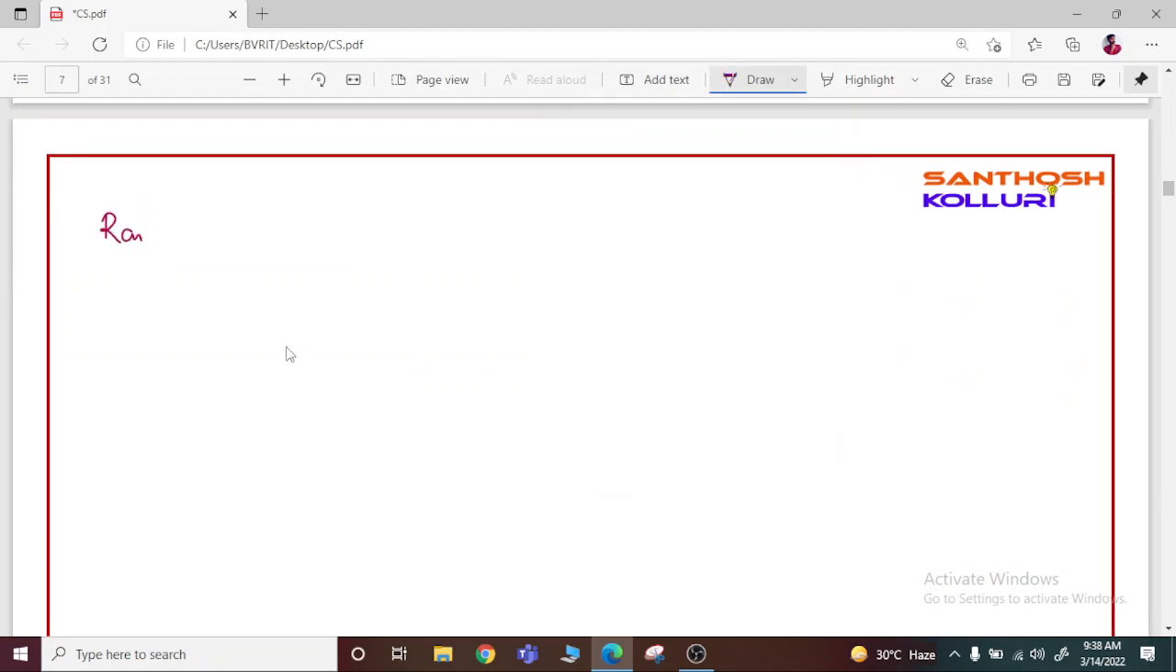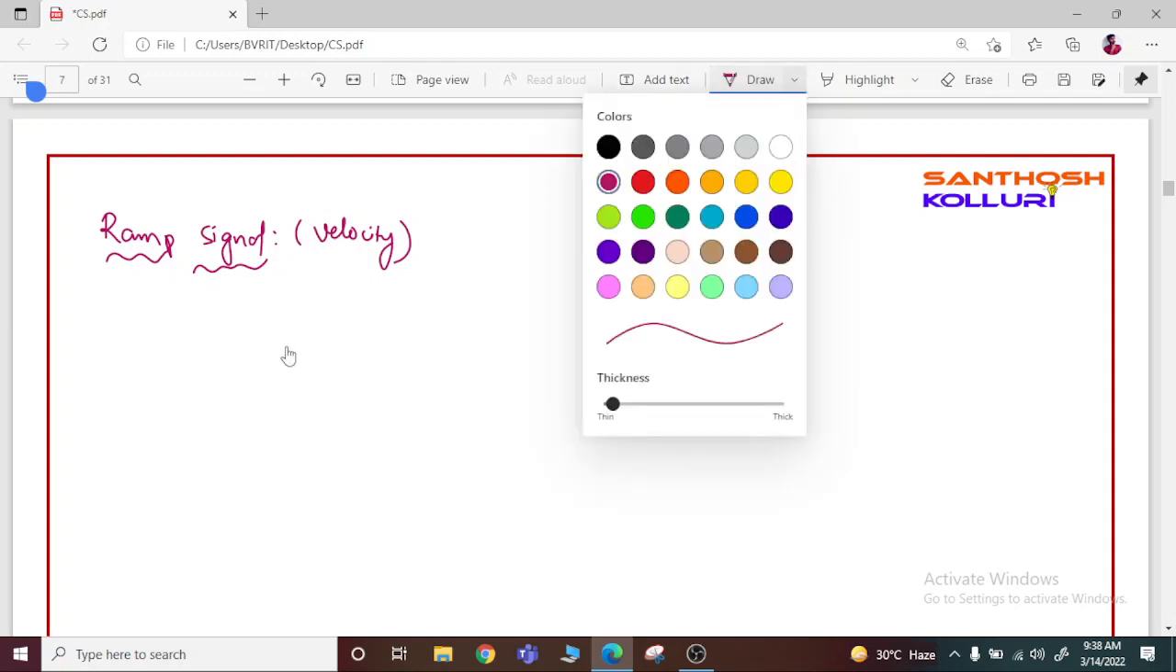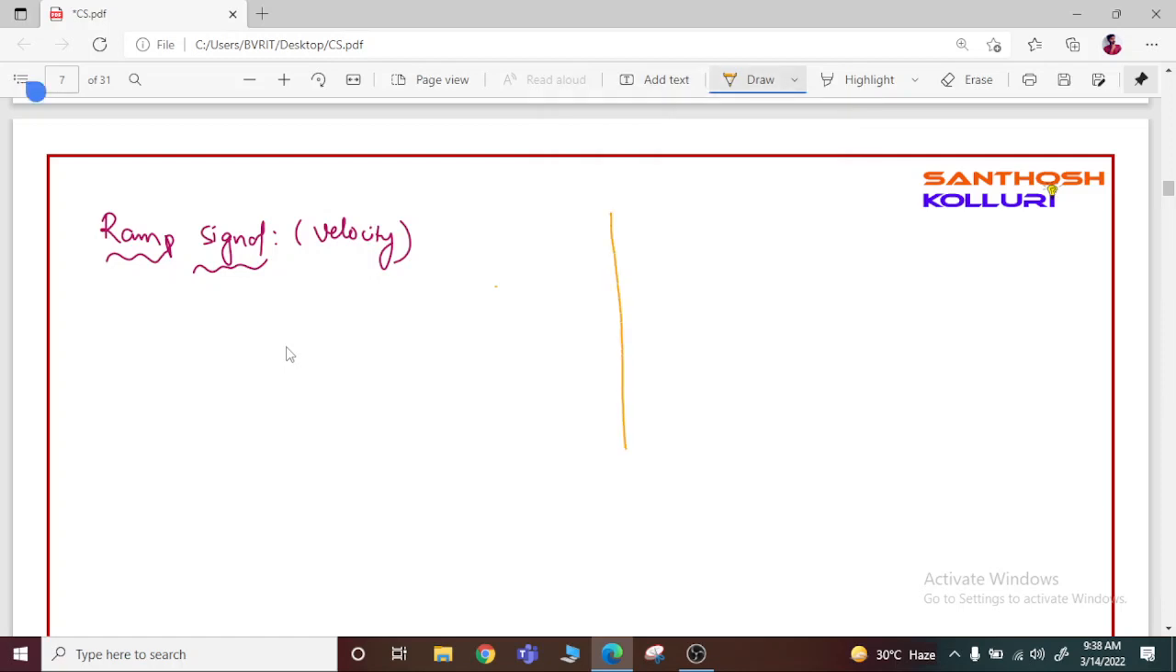So, second one is the ramp signal. It is very similar to the velocity input to the system. So here this can be taken as, this is t, this is t, and this is r of t input. Then the graph will be like this,